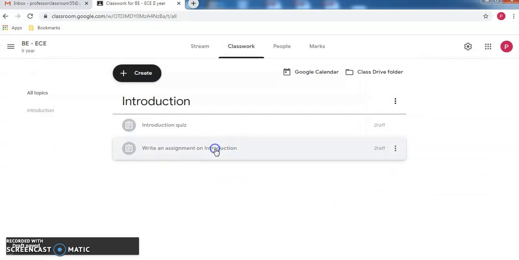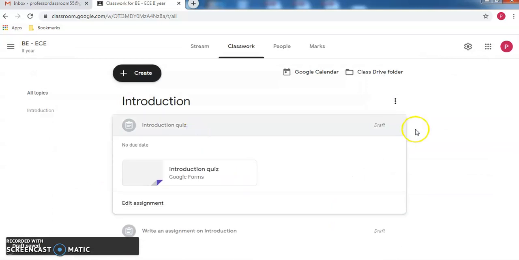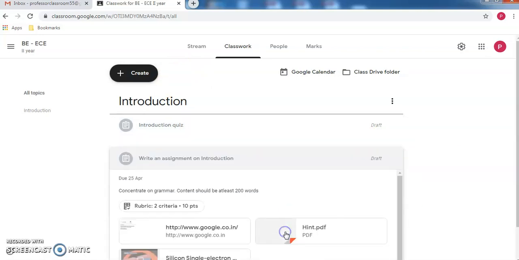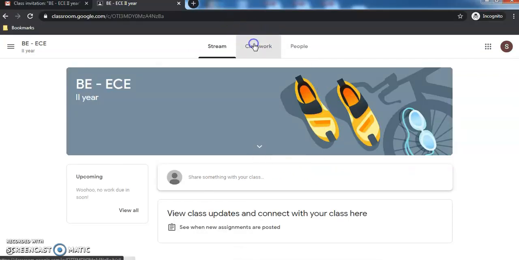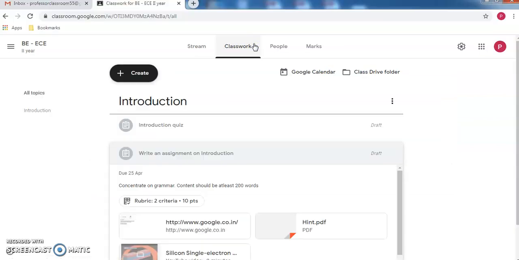Now this is again saved as a draft. Okay. So now what we will do is we will publish this assignment alone. Okay. So when you see the students view, again it is blank. Nothing has been published. So now let us start publishing.